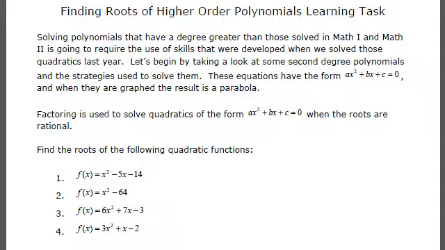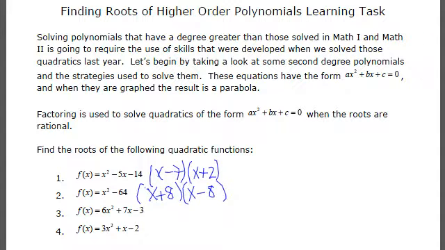For instance, in these first four, you won't be able to factor them. I will tell you you can factor the second one. That's going to be easily found to equal x plus 8 and x minus 8. Now that I look at the second one, 7 and 2 make 14, and 7 and 2 can also make 5. But that needs to be an x minus 7 and x plus 2. Now there certainly might be other factors of those quadratics, but